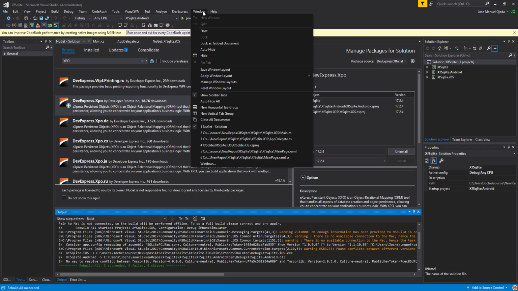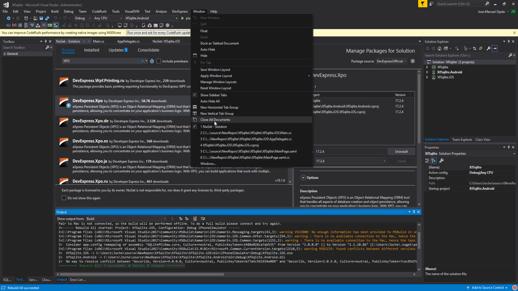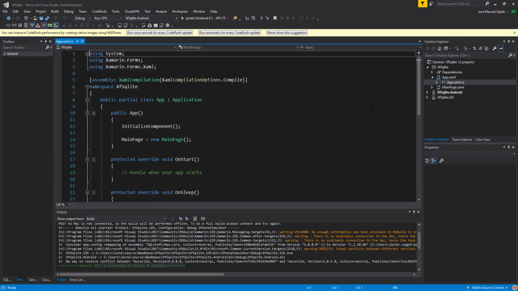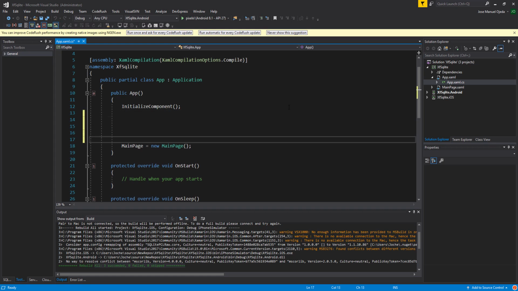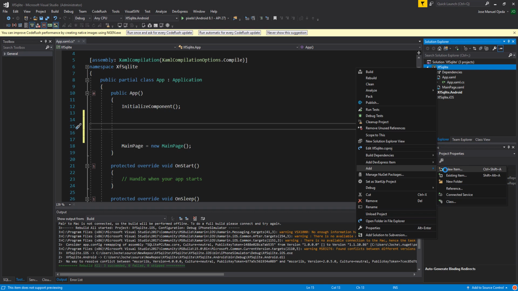But beside that, it should work fine. So everything's working fine. We're going to close all the windows, and what we're going to do is go to the application class. And in here, I have created some shortcuts. Actually, what I'm going to do first is add an empty class,